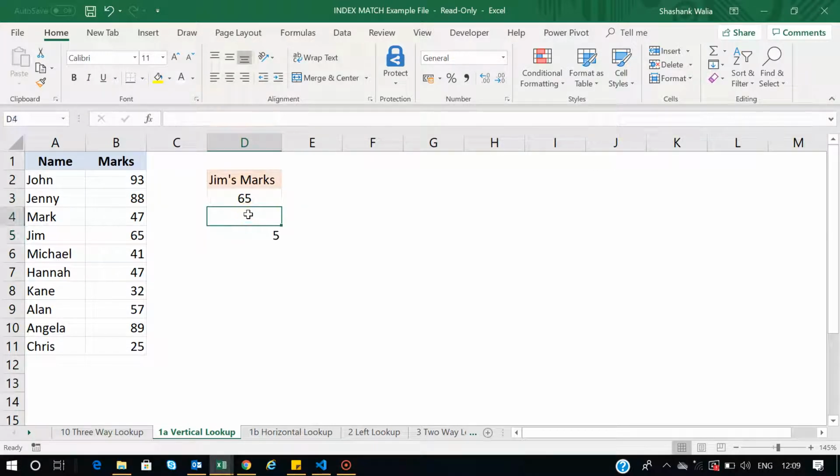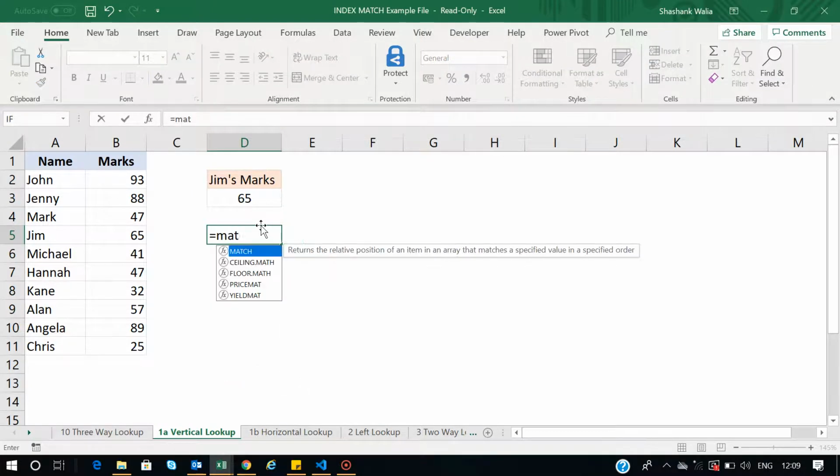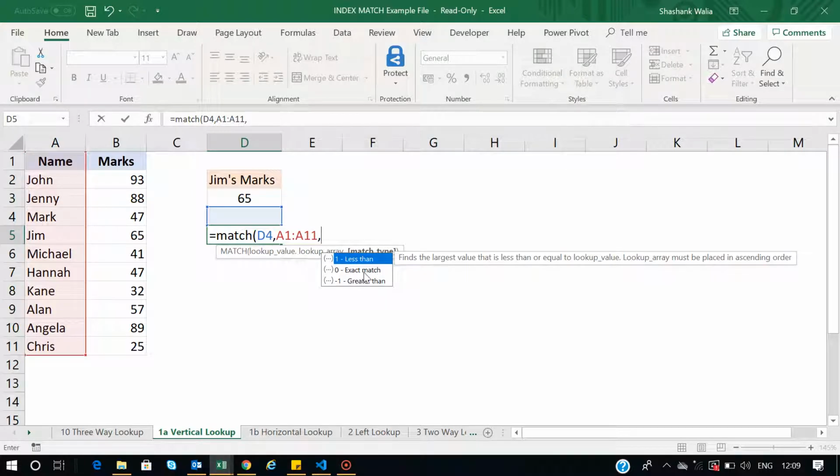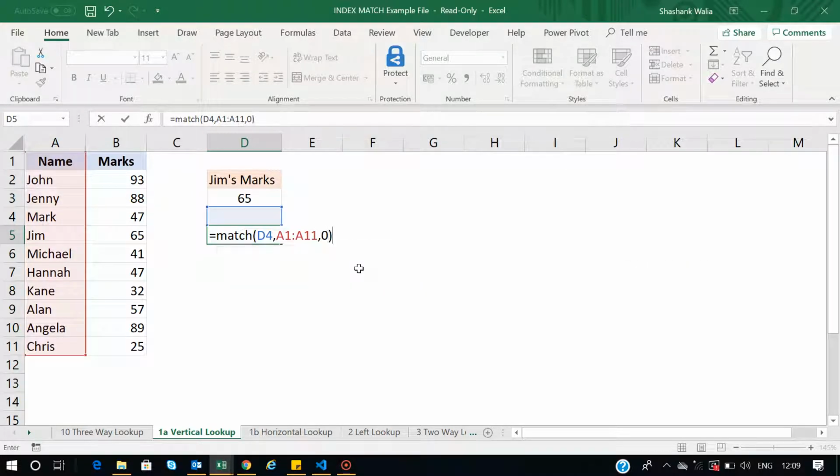The index function demands two arguments. The first is the row and then the column, right? But the match function gives you the row number. So when we combine these two functions, you can actually use them as a VLOOKUP. So now I will again explain the match function: equal to match, open parentheses, the lookup value. This time we are going to use the variable, so I will just select this cell, and then the lookup array. So now select the whole data from the whole column, then the exact match, and close the parentheses.